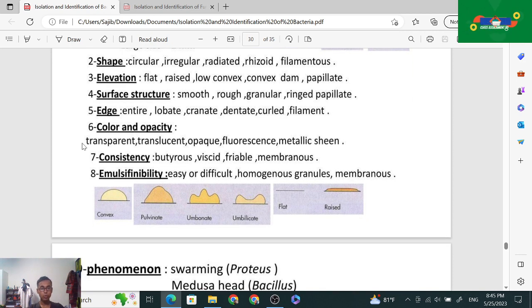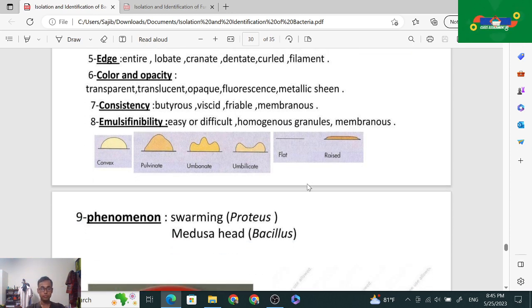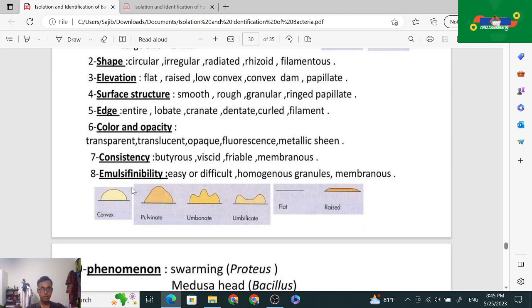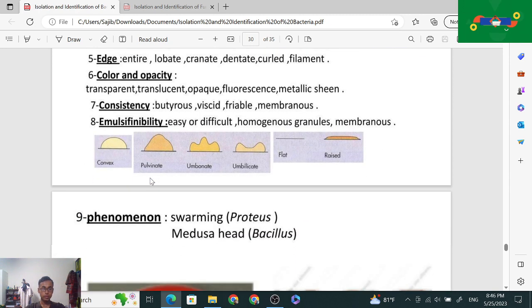Edge is interlobate, crenate, then dentate, then undulate, then filamentous. Then color and opacity: transparent, translucent, then opaque, then fluorescent, metallic sheen. Then consistency: butyrous, then viscid and friable, membranous. Then emulsifiability, easy or difficult, homogeneous, granular, membranous. So first of all, size, shape, elevation, surface structure, edge, color and opacity, consistency, emulsifiability, then phenomenon,